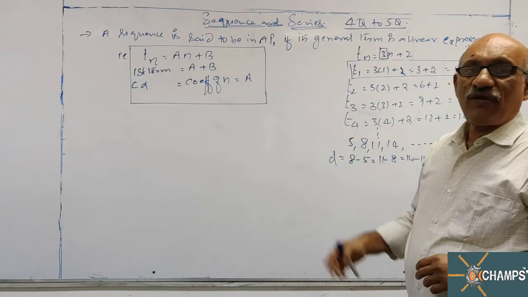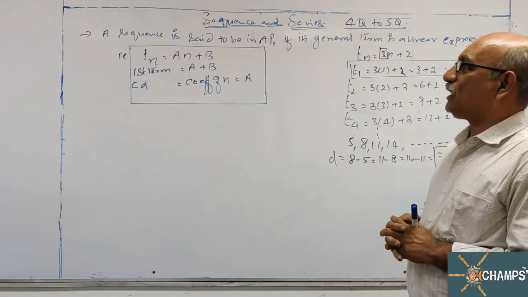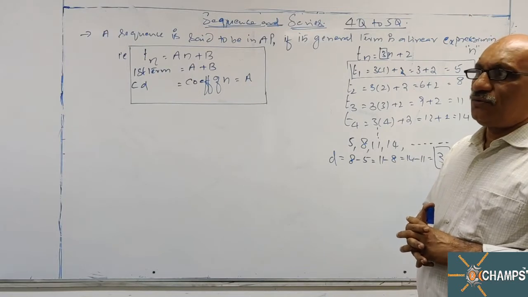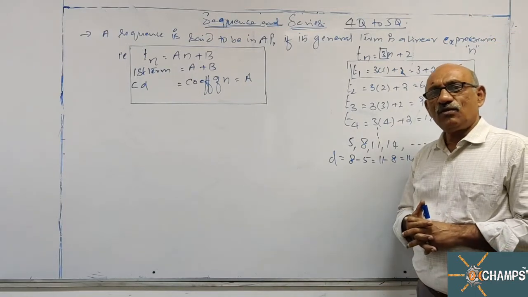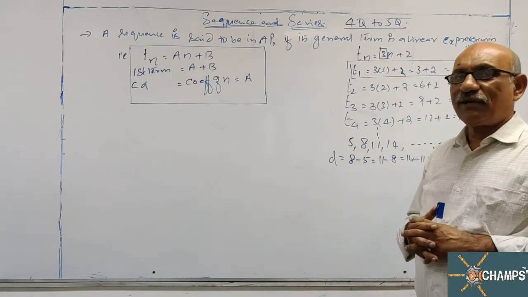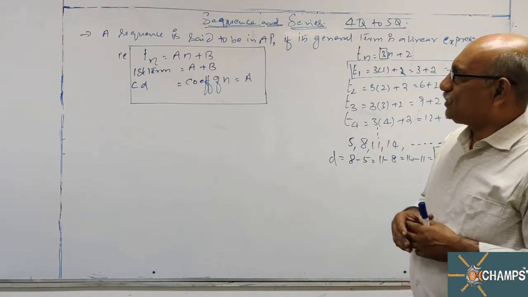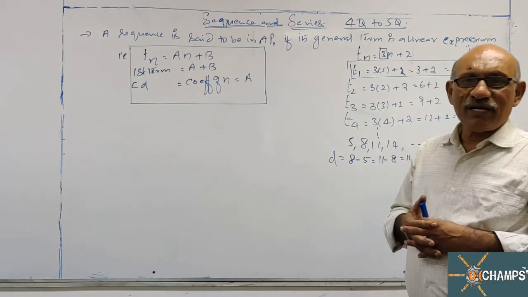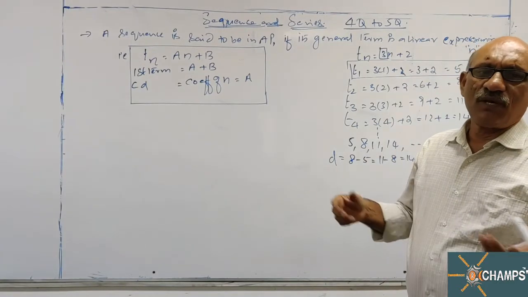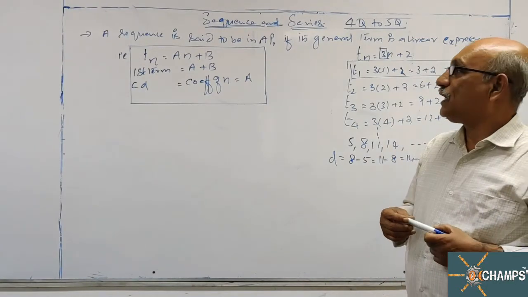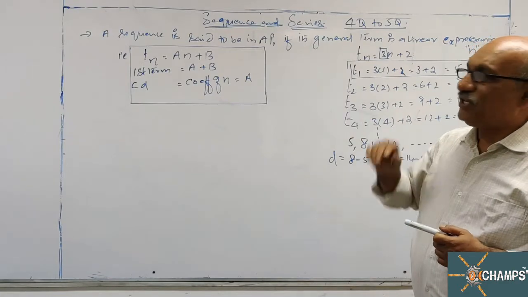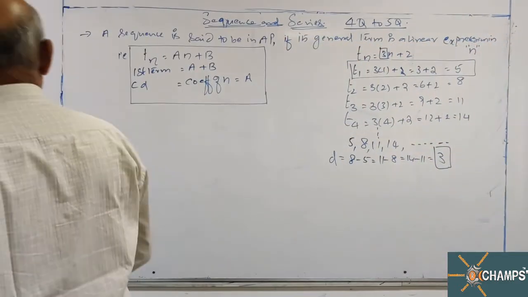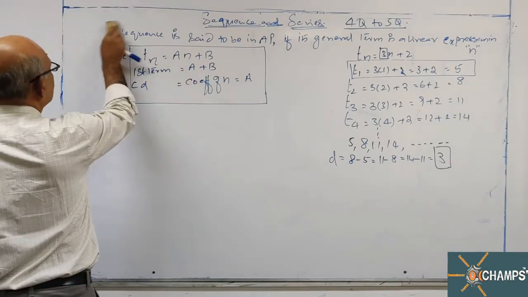Okay, this is a very useful result for you to solve numerical problems. Sometimes the general term will be given, and you will be asked to find the value of a particular term or something else. So in arithmetic progression, if I know the first term and the common difference value, I can solve most of the problems. Okay, so this is a useful result for us. Next.